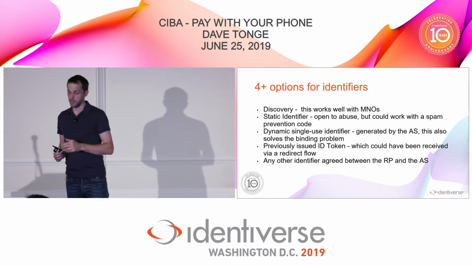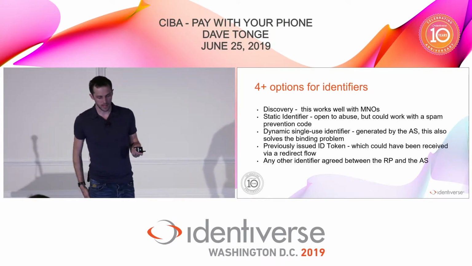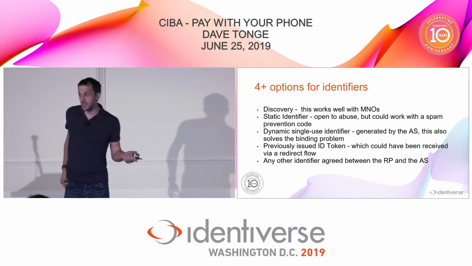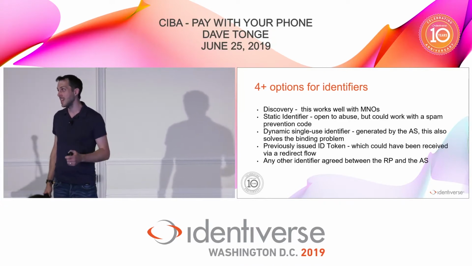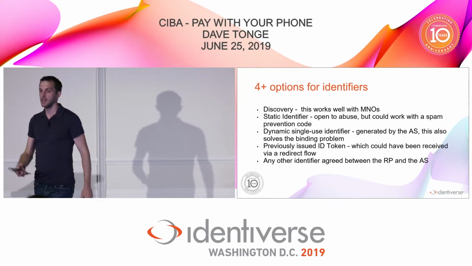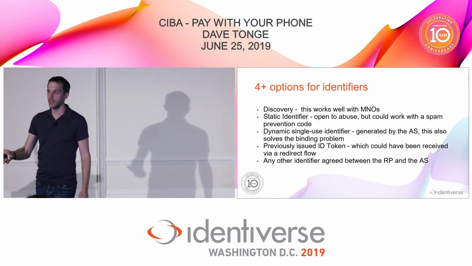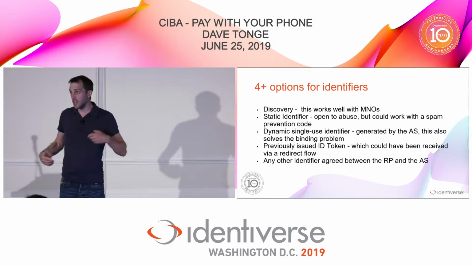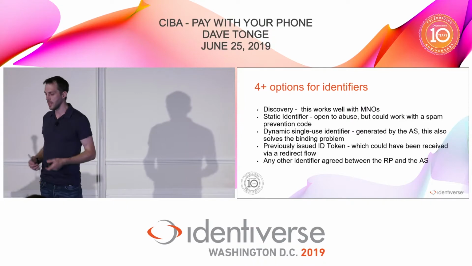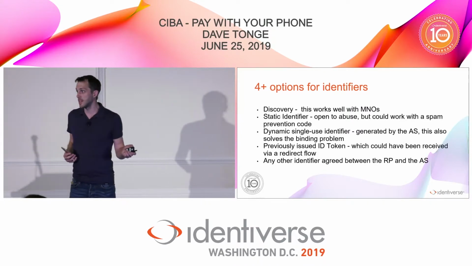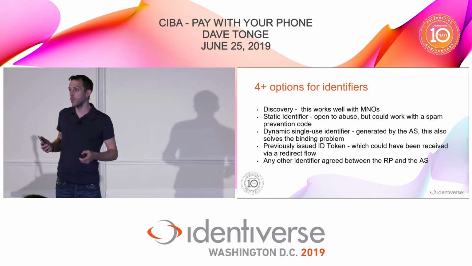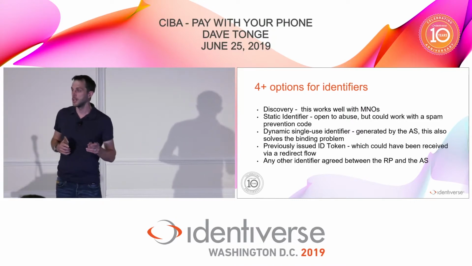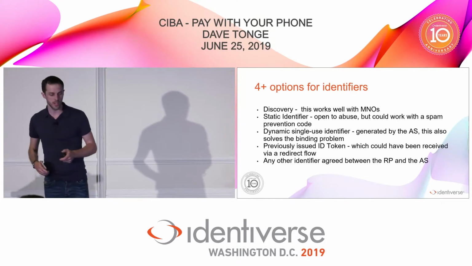But then there are other options. This is what we're looking at using in open banking: a dynamic single-use identifier. The idea is that on my banking app, I go to a screen and generate an identifier, and then I scan that at a point of sale terminal. It keeps these privacy aspects, because all the relying party knows is it's got some token that represents some user, but the bank knows exactly who the user is.